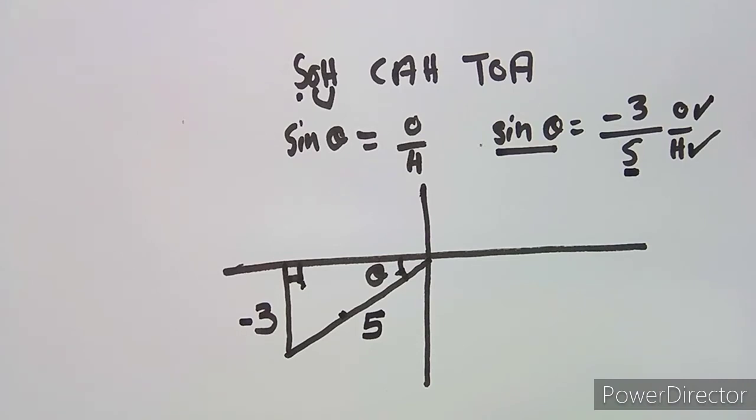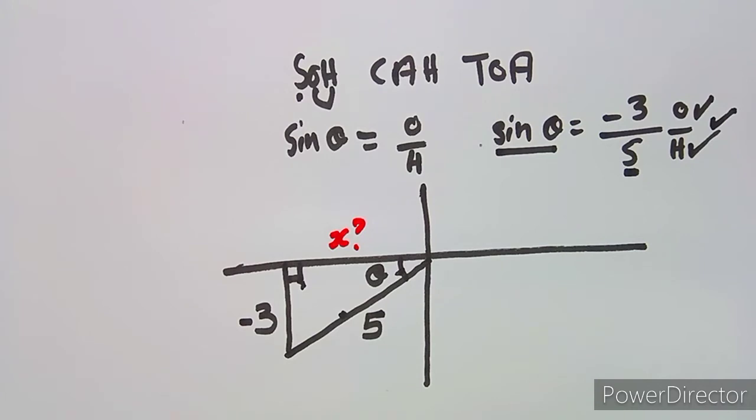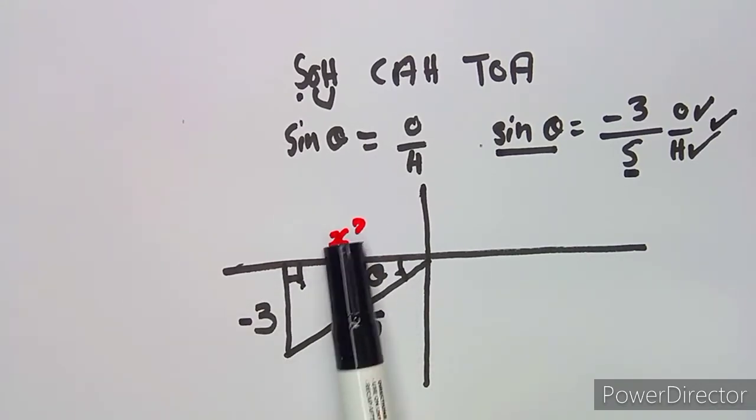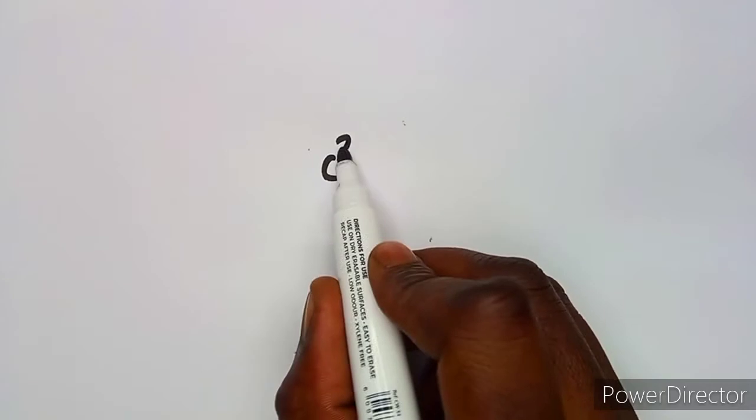So you used the trig ratio that was given to fill in the triangle. But a triangle is supposed to have 3 complete sides, and here we are just having 2 sides. We are supposed to calculate the missing side, and we do not know this value. So where are we going to find this value of x? We are now back to our Pythagoras theorem. Why? We are working with a right angle triangle, and you have got 2 sides. You want to calculate the third side, so I can apply my Pythagoras theorem, which states that c squared